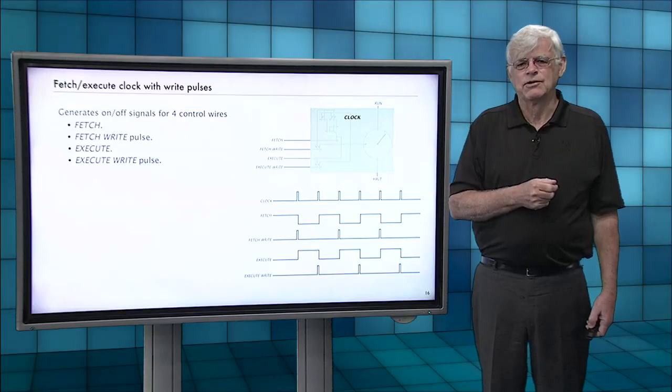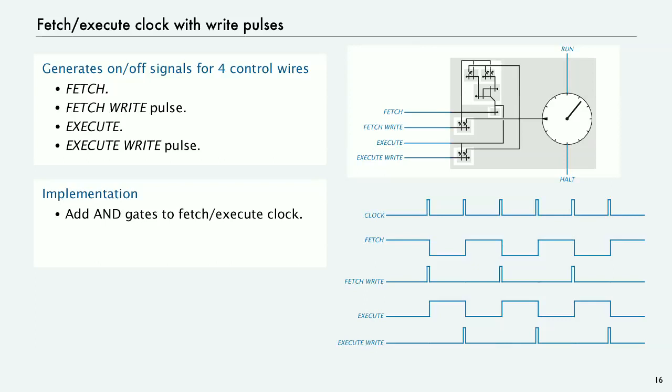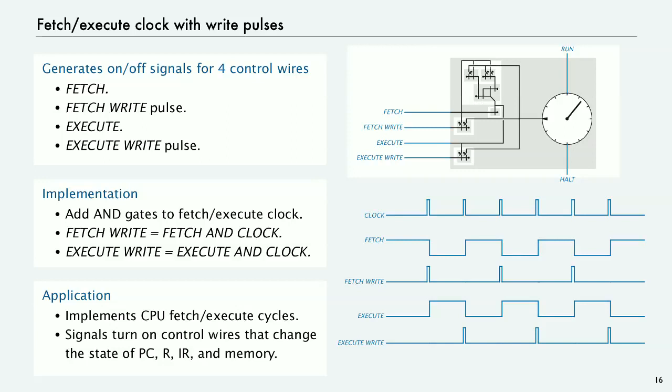And same with execute. And to get that, we just AND our 2 signals with the fetch execute clock. So the fetch write pulse is just fetch and clock, and the execute write pulse is just execute and clock. And that's what we're going to use to implement our fetch execute cycles, the ones that these signals are going to turn on control wires that change the state of all our components. And this diagram